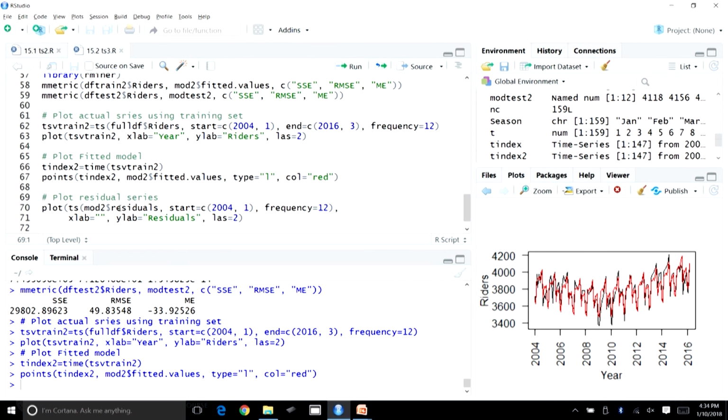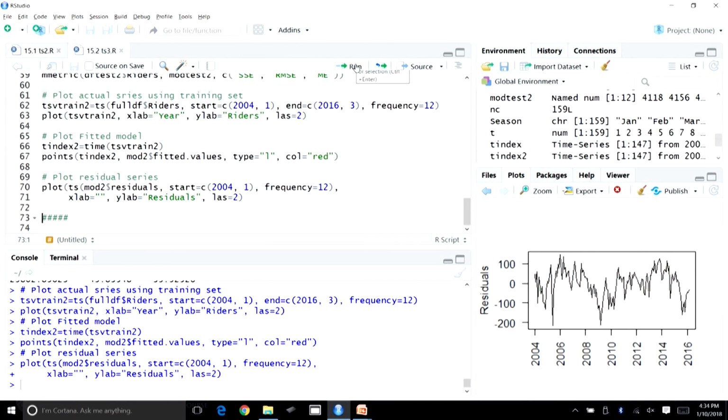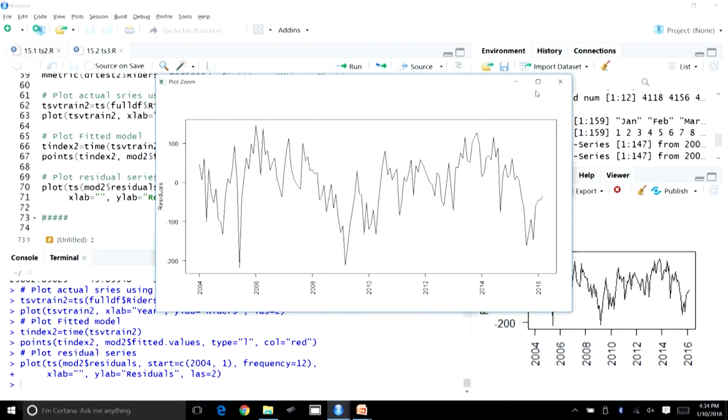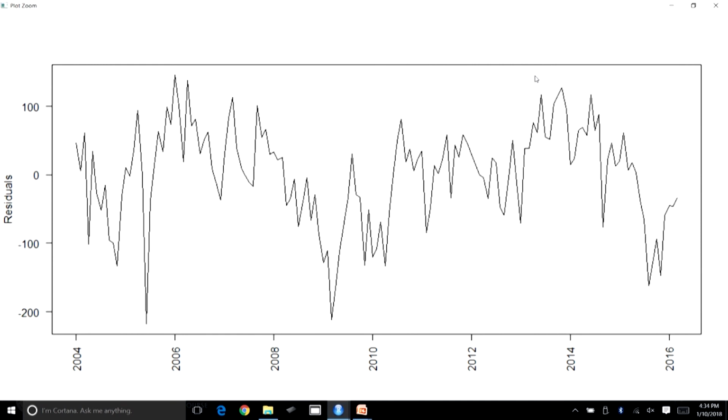The same we can confirm by plotting the residual series. Let us run this code. So, this is the residual series plot. If we look at it, we can see no extra pattern clearly visible. Random variations seem to be there. So, it seems that we have been able to adequately capture trend and seasonality. With this we will stop here, and we will continue our discussion on regression-based forecasting methods in the next lecture. Thank you.